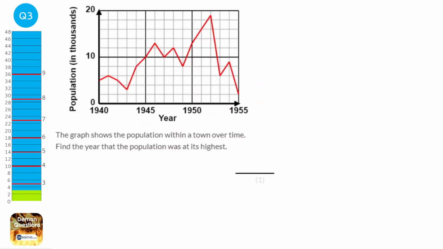So what we need to do is find out where the graph is at its highest, and so it's highest here. And so if we go down from there, we find out what year it is. Well, these years seem to be going up in 1, so that's 1950, 1951, 1952. So the answer would be